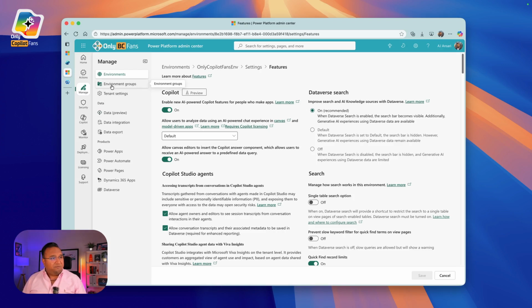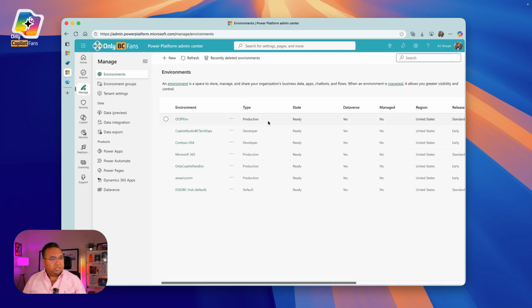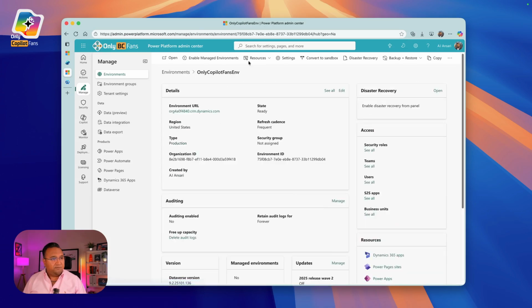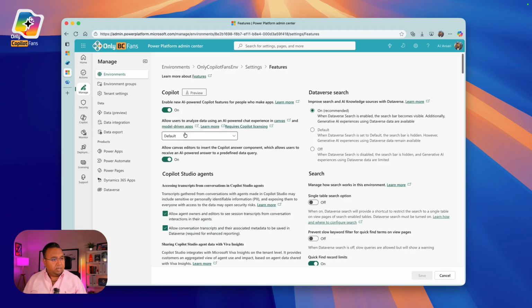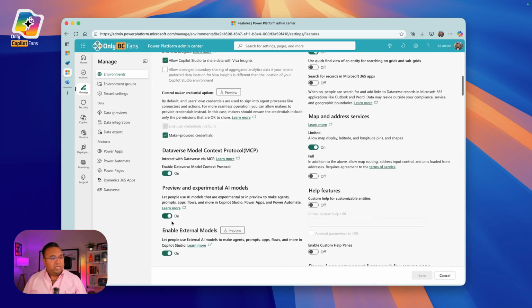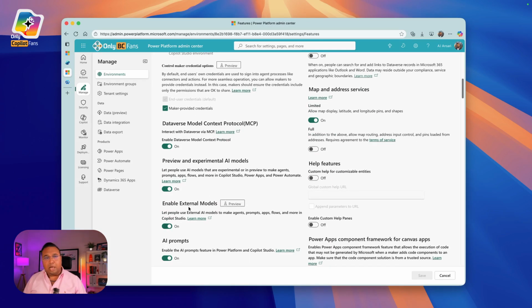Now, in Power Platform Admin Center, what you should experience when you're looking at environments and you look at the desired environment settings, product, features, and scroll down a little bit, you will find the Enable External Models option is now available for you to toggle. It is enabled by default, and as I mentioned earlier, you really only mess with this if you want to